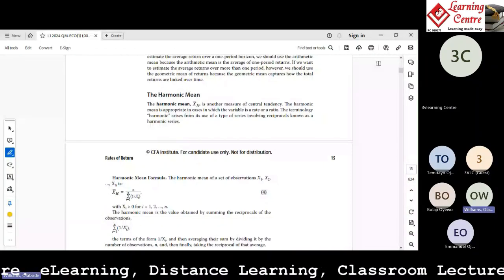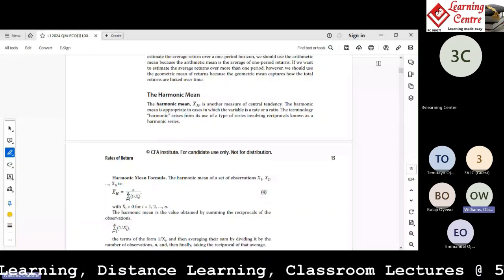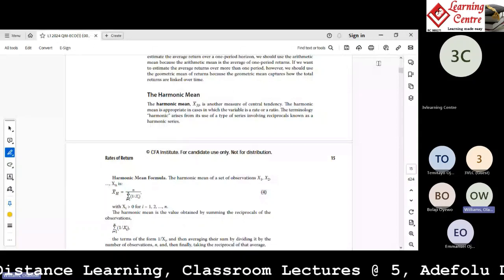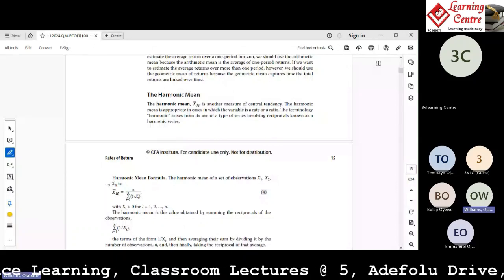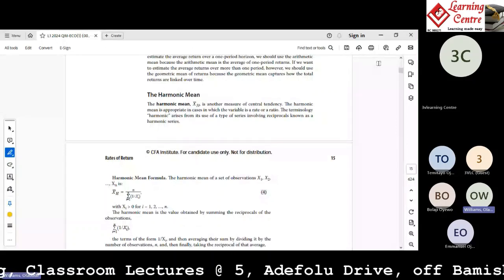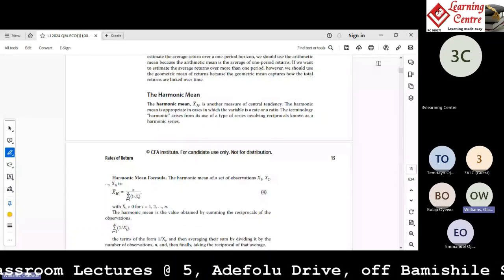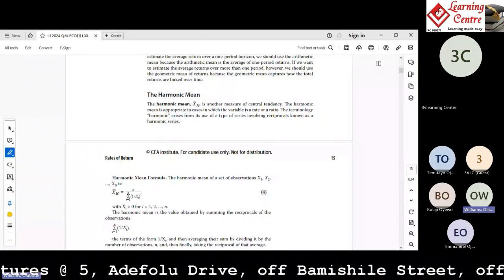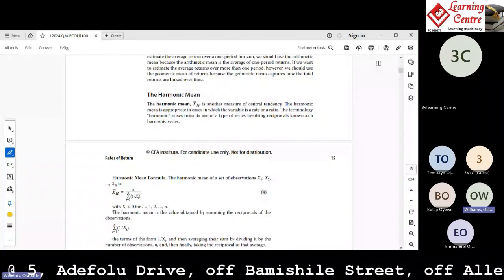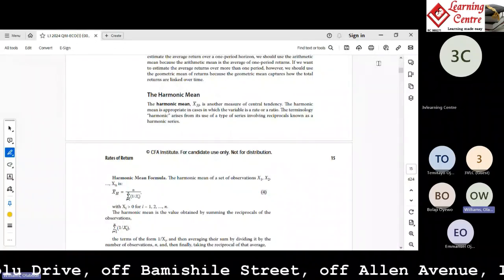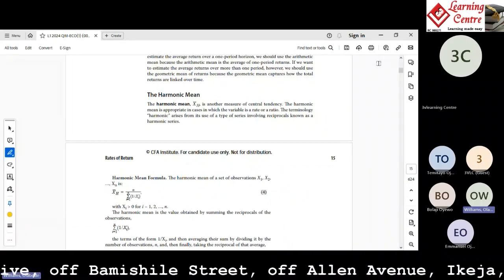Essentially, the harmonic mean deals with data that's been set up as a ratio. So sometimes you have data that are a result of a ratio, or they are ratios in themselves. Now, the implication of this is if it's already a ratio, it means there is an implicit measurement to it. And this is important because